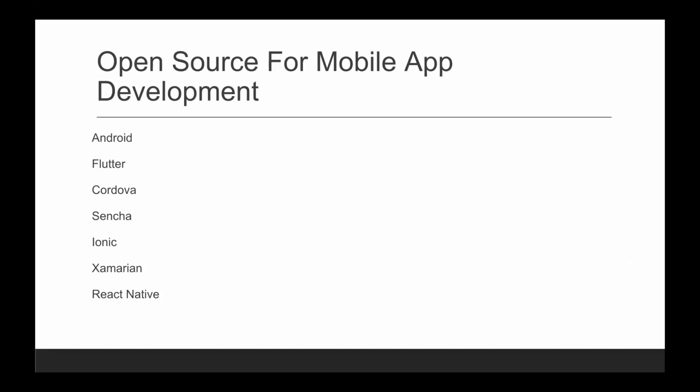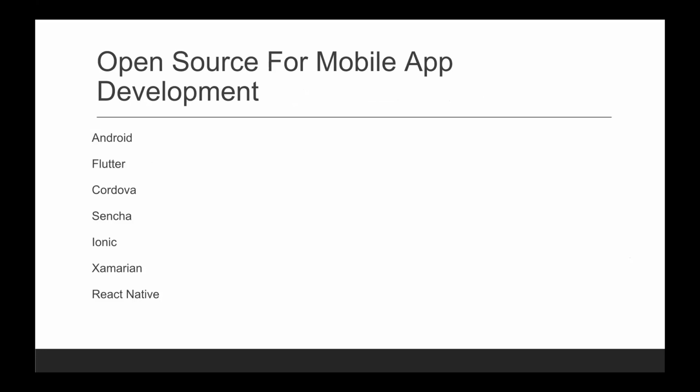If you are planning to go on the mobile application development side, then these are the open source projects. Android, one of the biggest operating systems, 100% open source. And many of our Indian mobile providers are using Android, for example, Micromax and all. They have adopted the Android operating system and they have changed it as per their requirement.